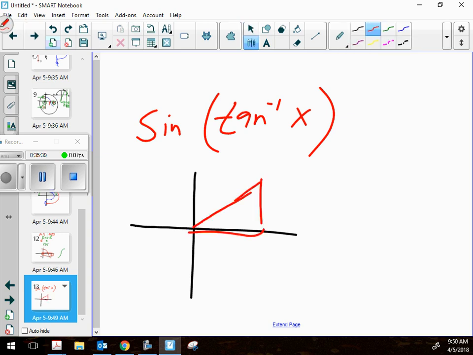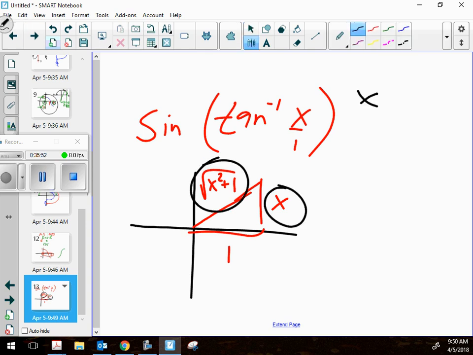Okay, TOA: opposite over adjacent. I'm putting it over 1, over adjacent, that side's square root of x squared plus 1. And then I want the sine of that, which is opposite over hypotenuse: x over square root of x squared plus 1. Raise your hand if you had that one right. Cool, you know everything. All right, so now,